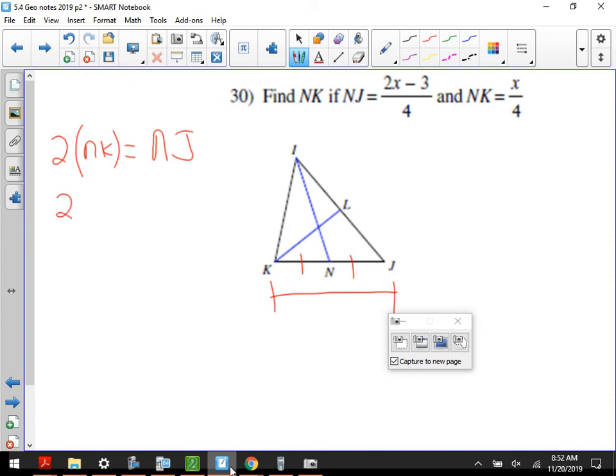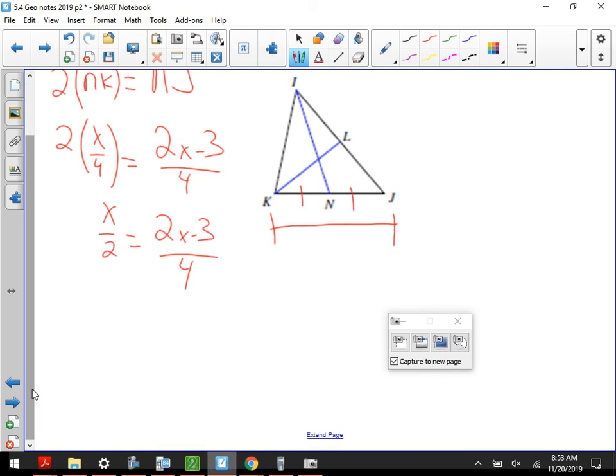So I have to double x over 4 to equal (2x minus 3) over 4. So if you double 1/4, you get 1/2. So this becomes x over 2. And now this looks exactly like the problem we did at the end of class yesterday on the sheet, where you had fraction equal fraction. And that's the reason why I gave the example, because you knew that you're going to have to do some cross multiplying. So if you cross multiply, you get 4x equals,